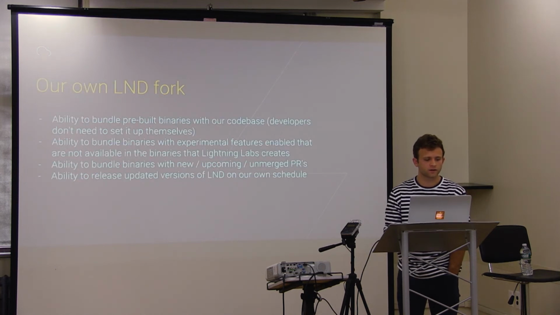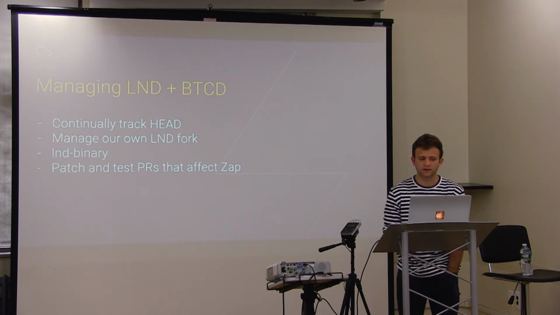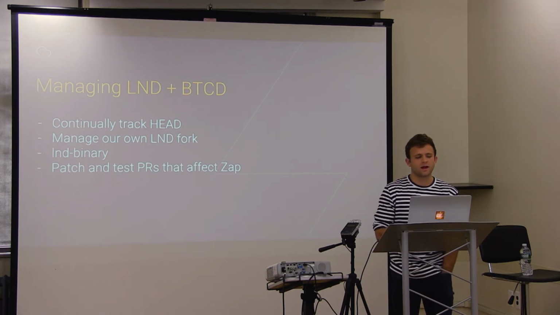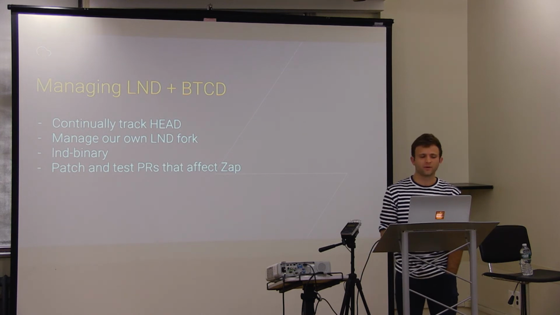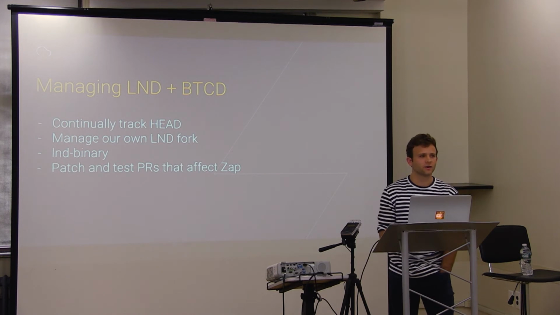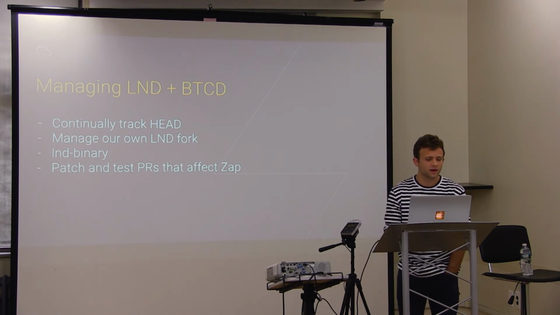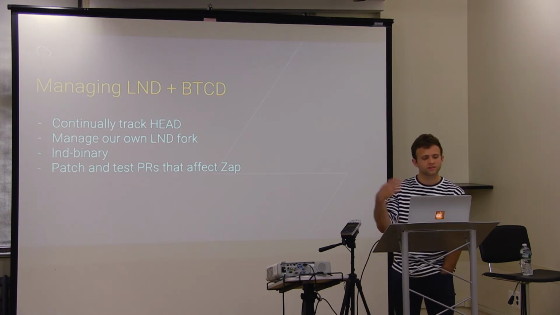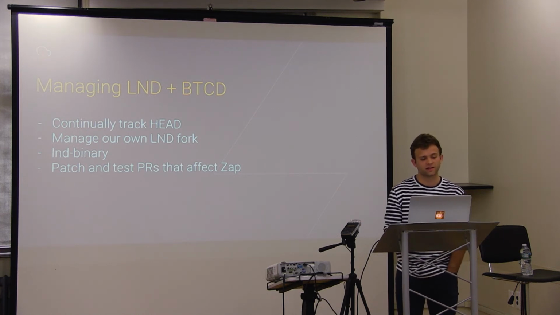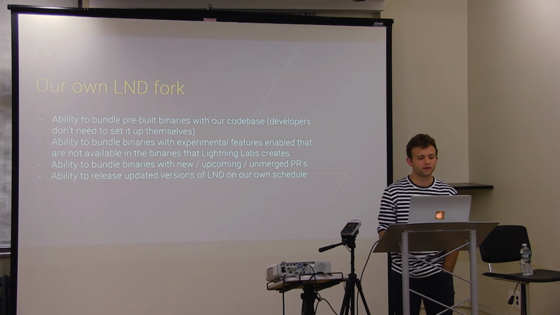All right. So for managing LND and BTCD, we continually track head and manage our own LND fork. Not because I'm in the trenches writing test AMP implementations or anything like that, but we'll get to it. We wrote this thing called LND binary, and we patch and test PRs that affect Zap. So for managing our own LND fork,